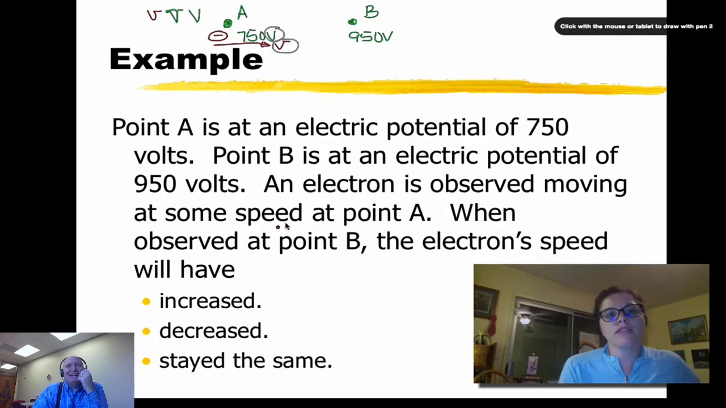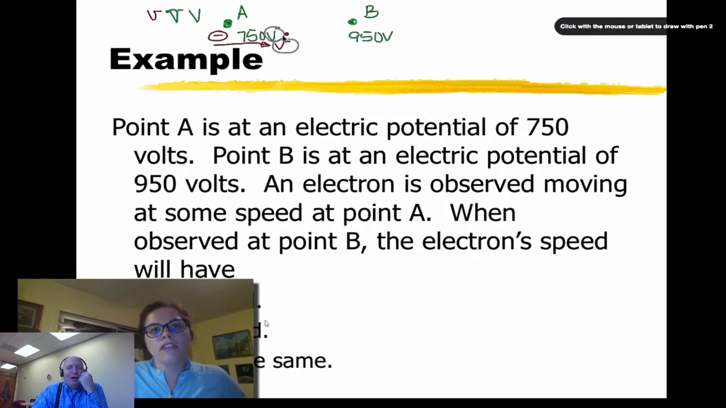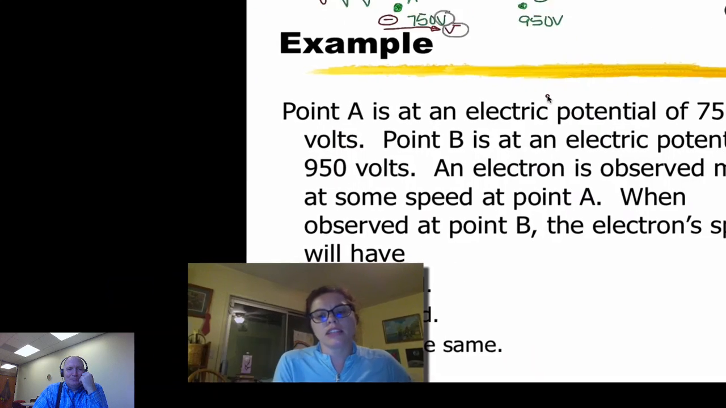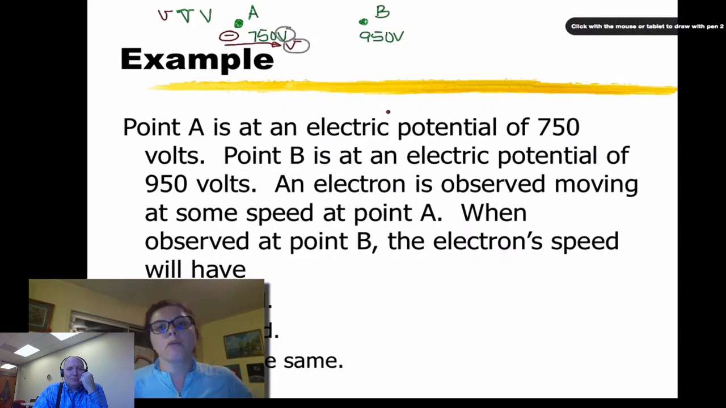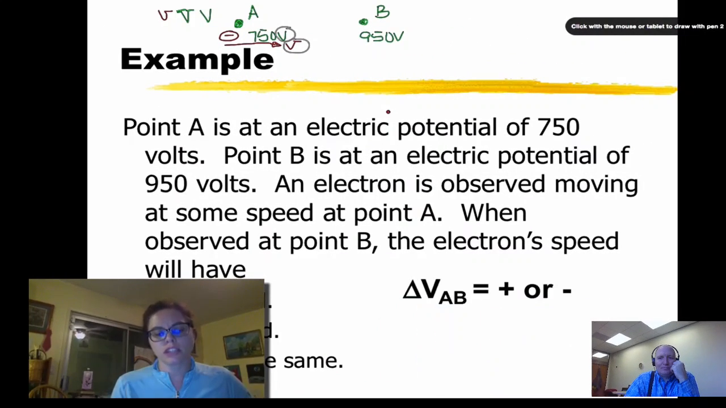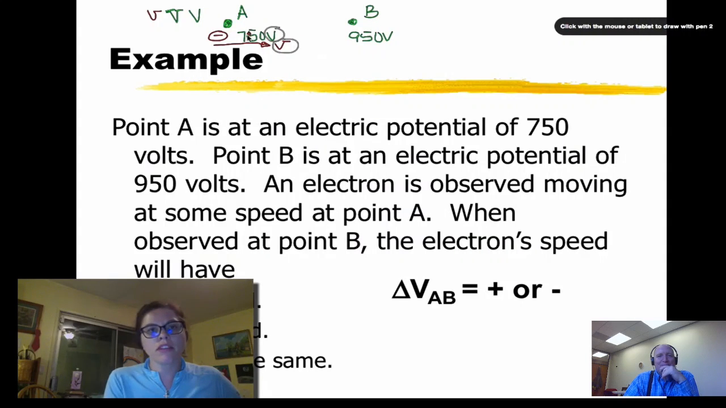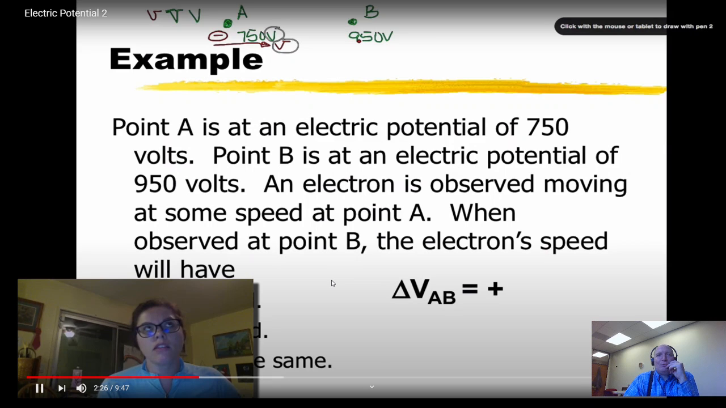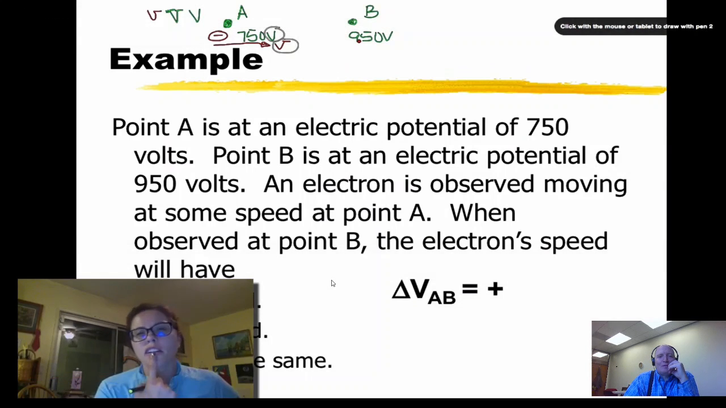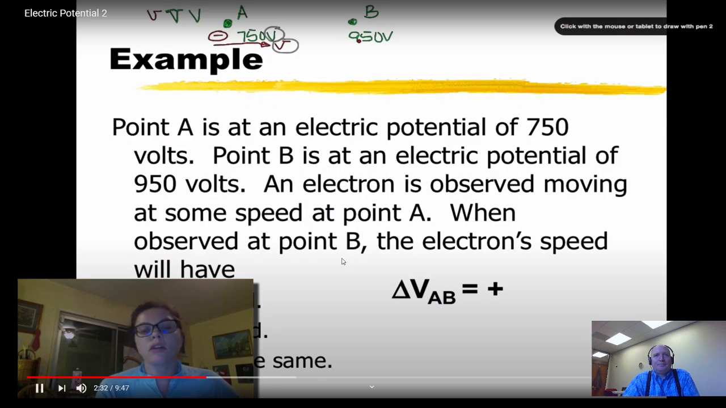All right. So, the first thing that we could think about is our change in potential. Did our change in potential go up or down? All right, so we go from 750 to 950. So our change in potential increased. So our change in potential is positive. All right. So then, very cool. Well, potential is in that equation with potential energy. So